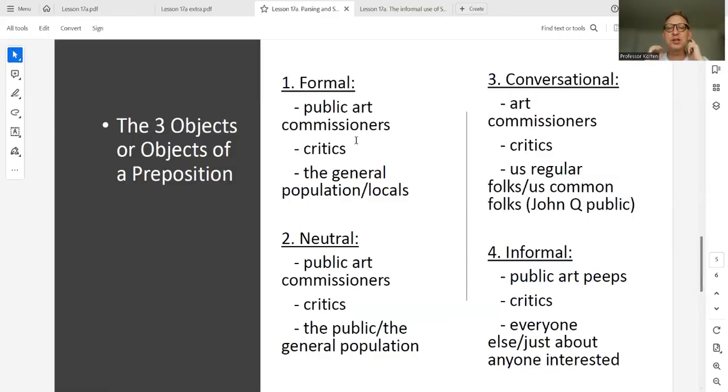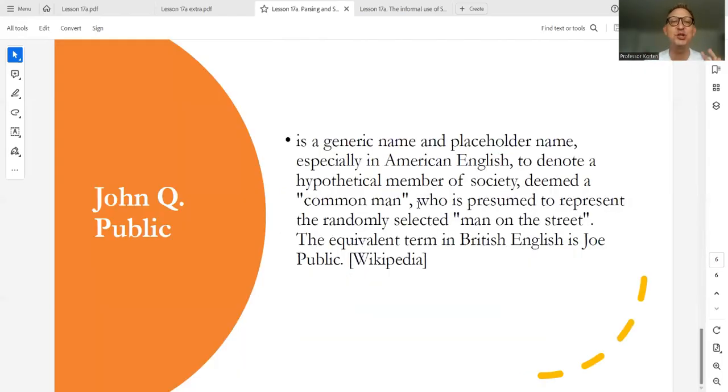Objects of prepositions. Okay, we've already done that, so I will move past that very quickly. John Q. Public, I mentioned once. This is from Wikipedia. It's a generic name, a placeholder name, like in Polish, you have Jan Kowalski. This is like a word you use for every Polish person. Jan Kowalski. Do you have such a thing in your language?